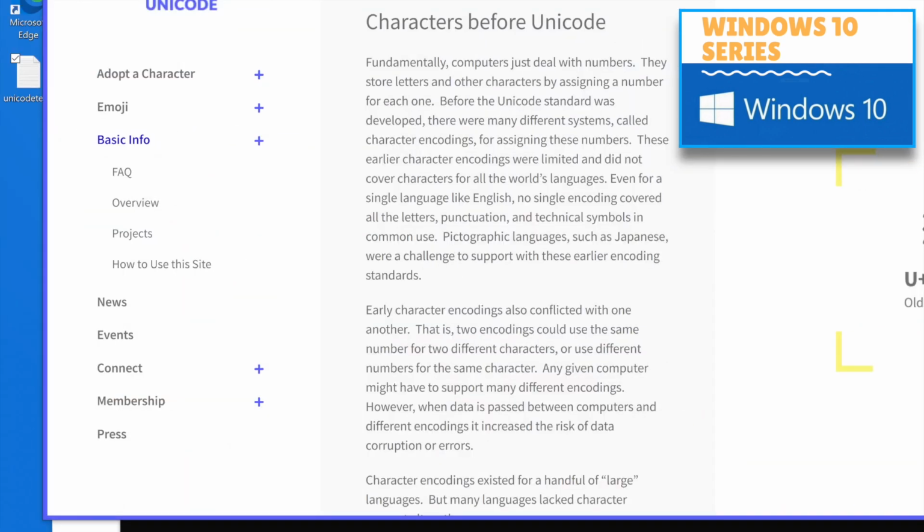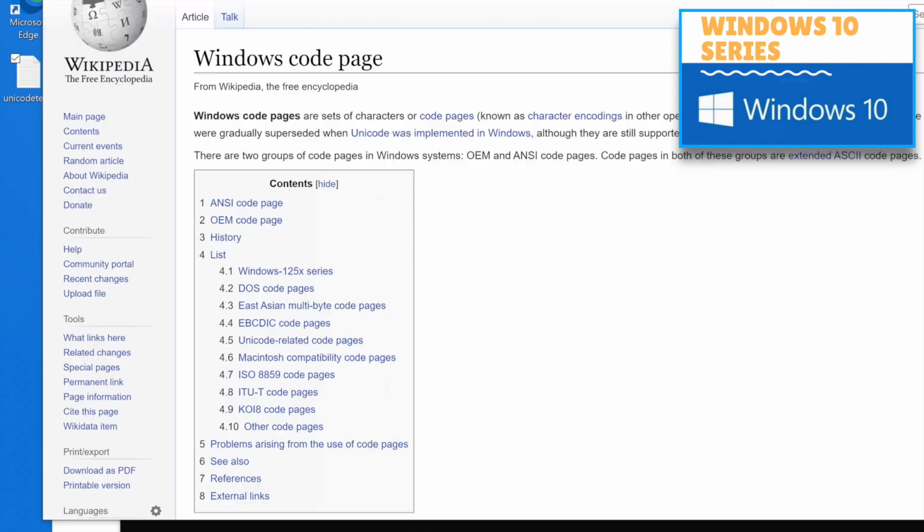Basically in a computer everything is managed through numbers. So if you want to represent some characters like A, B, C, D, F, G, or characters of some other language like Arabic, Italian, Chinese or Japanese, you need to match each character to a corresponding number. In olden days this was represented using code pages. I will explain what a code page is. In Windows it is represented using code pages. A code page is nothing but a table.